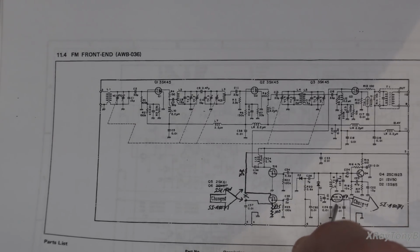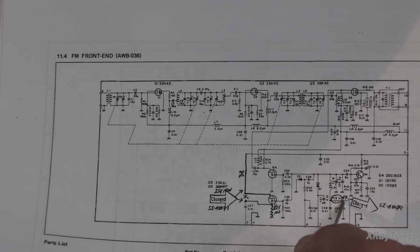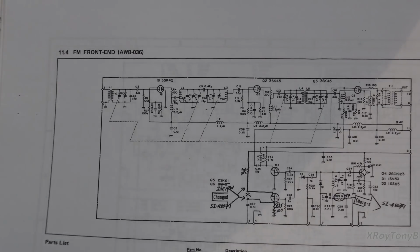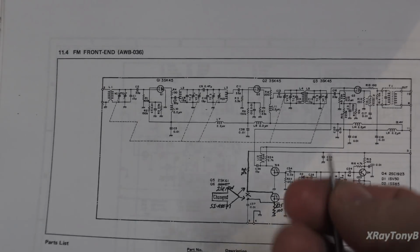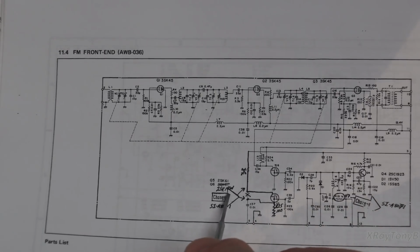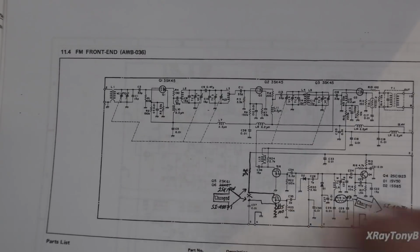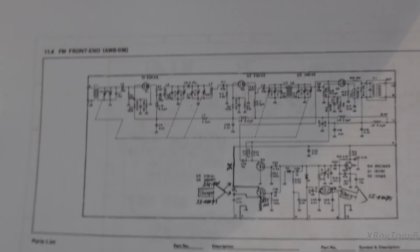And then they're changing this from a 1K resistor to a 47 ohm resistor. So my question is, this instability that we're seeing right now, the other thing is, instead of Q6, which is this up here, I think, let's look. Yeah, Q6, instead of being a